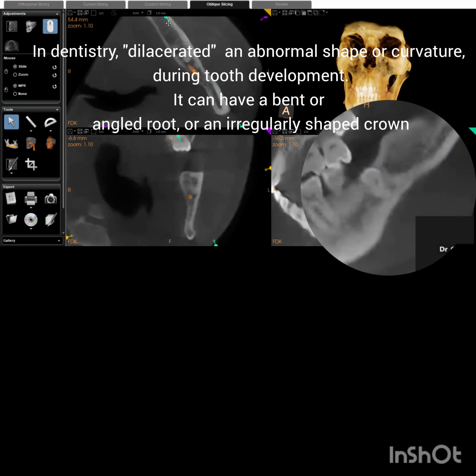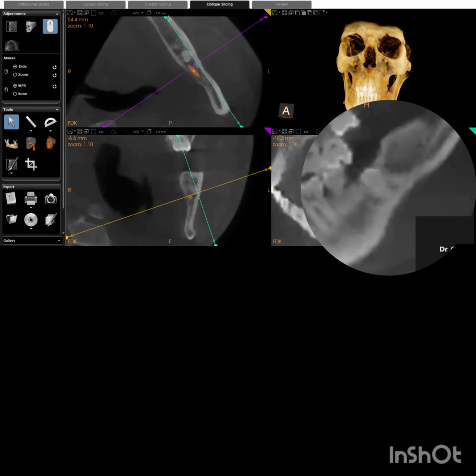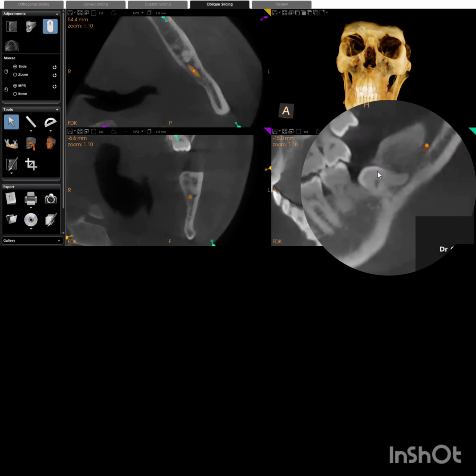Just give me some time. I'll fix the angulation, and here. And I'll move it. See. Can you see this root? This distobuccal root is appearing divergent. Divergent, just like roads get divergent, because it's not parallel to the other roots. It's going distally. So it's divergent, and here it's slightly curved distally.